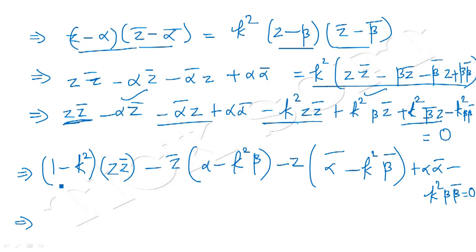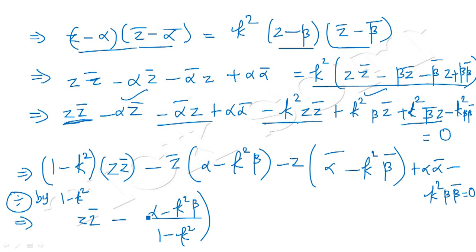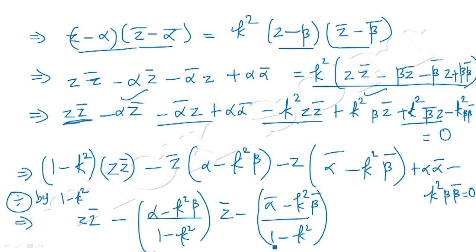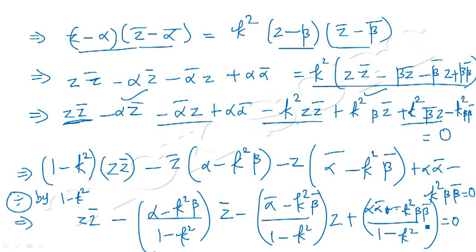Now we are going to divide this whole equation by 1 − k². If we divide this whole equation by 1 − k², then we get z z̄ − [(α − k² β)/(1 − k²)] z̄ − [(ᾱ − k² β̄)/(1 − k²)] z + (α ᾱ − k² β β̄)/(1 − k²) = 0. Now the coefficient of −z̄ here is